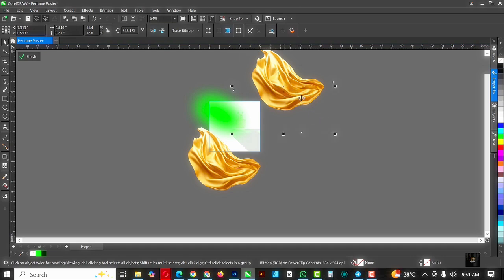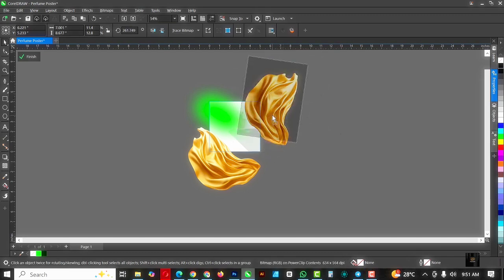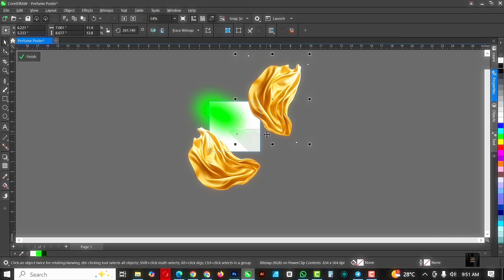Okay, so with this duplicate, what I'm going to do is also rotate this. Of course, I will not be using the same angle that I used. I'm going to be using this angle for this. I'm going to use this here, and of course, this is what I have, and I'm going to rotate this again,